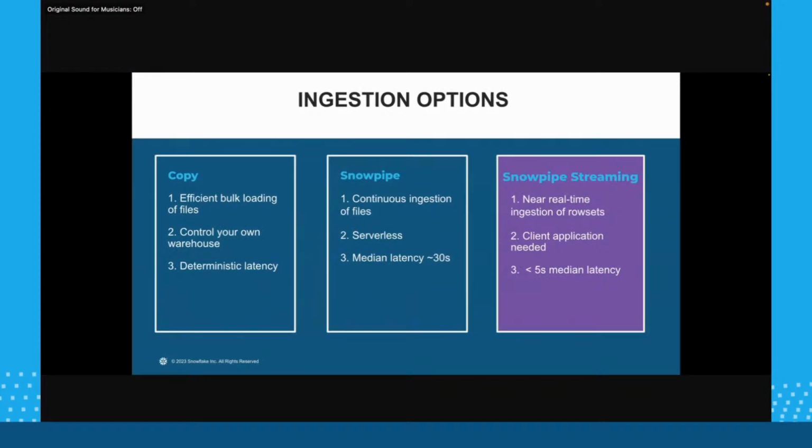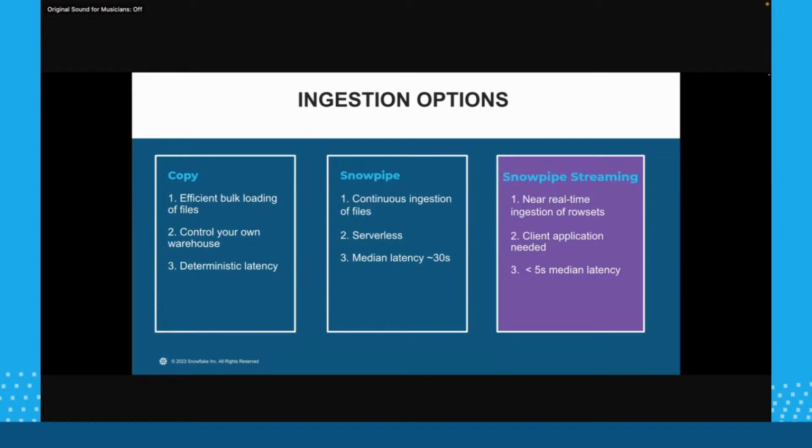Okay, so now let's deep dive into the different ingestion options that you have in Snowflake. On the left-hand side, you have copy. This was introduced a couple of years ago, and it was used to move data from your Amazon S3 or your Azure Blob storage into a particular table created on Snowflake. This was efficient when moving bulk amounts of data. You can have gigabytes of data lying on your blob storage, and you want to load it into your cloud tables. This is what comes into action.